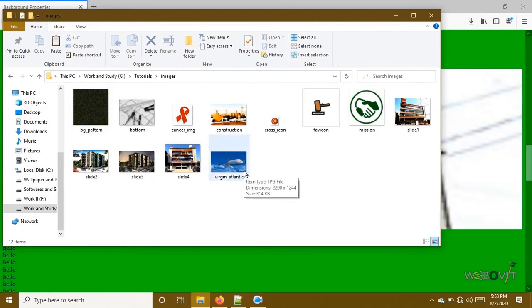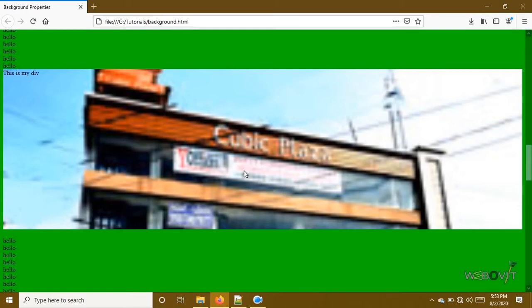It's of JPG extension, and if you pay attention to the resolution, it is very high, 2200 pixels in width and 1244 pixels in height. Since we want to apply a background image for our body section, the resolution of our background is always very high, according to screen; my screen is around 1300 pixels. So depending on the criteria, we should have one large image. As you can see for this div, the image was around 300 pixels, so it's getting blurred for the full screen. So if we use high resolution for larger width images, it will be a good option.